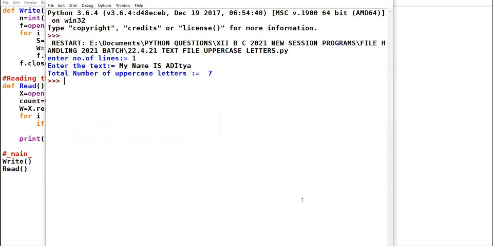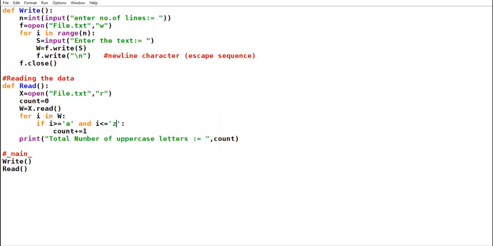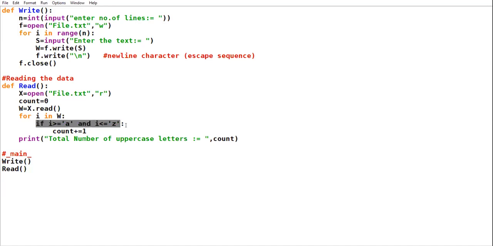Check it out. 7 lowercase letters. Now any program based on a text file where you have to move character by character, letter by letter, the whole scenario is totally same. The only thing that will change is this condition. Okay.